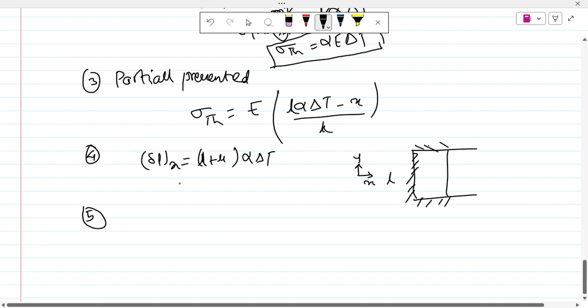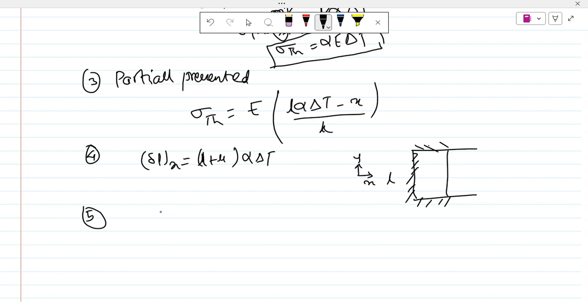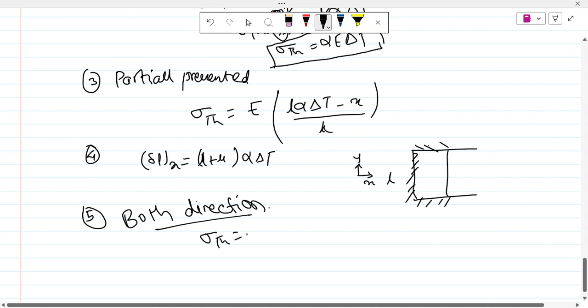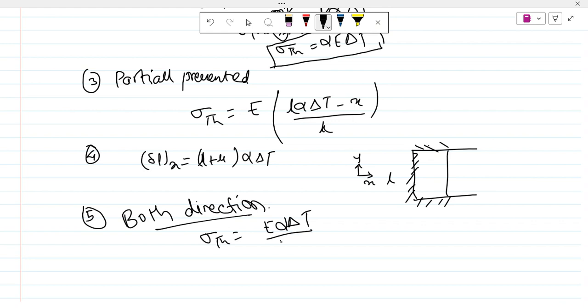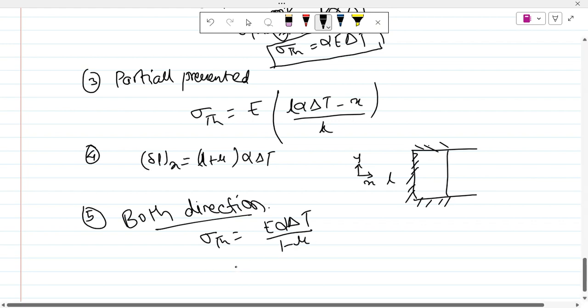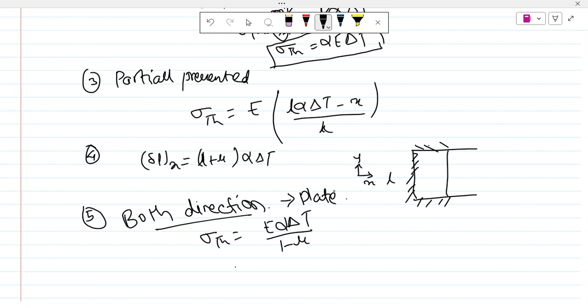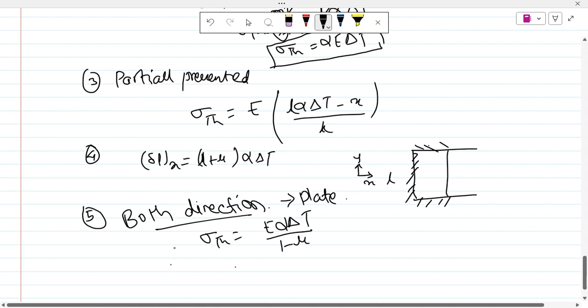So what if there are other cases also? What about the direction of the plate? Sigma th, if it is prevented, then our stress will be E alpha del T by 1 minus mu. The plate will have two dimensions only, and the thermal stress in the other direction is sigma t. In case of a cube,